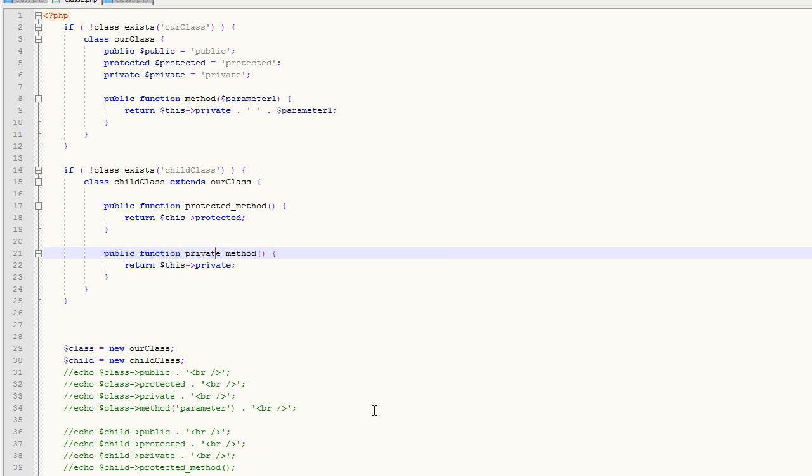Okay, so that's how visibility works. Again, public properties and functions can be accessed anywhere. Protected ones can be accessed inside the parent class and any inherited or child classes. And then private functions and properties can only be accessed within the class that defines it. Okay,